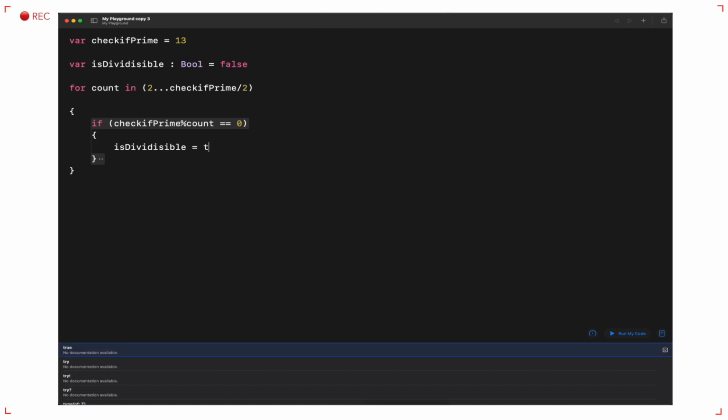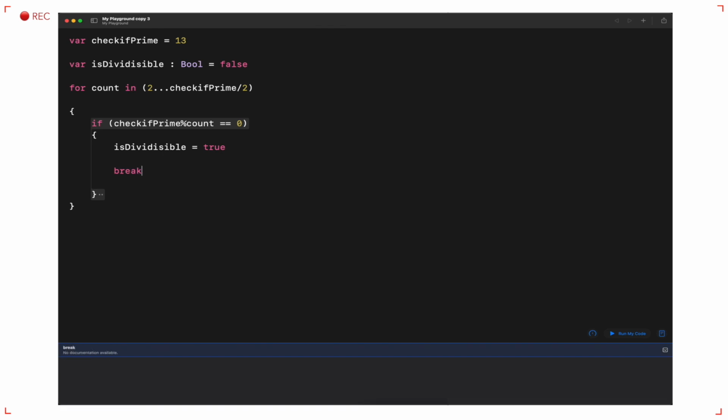And as discussed, we don't have to check it for everything. Even if it is a single number that it is divisible by, we are going to quit this loop. So this is a very important function here. We basically say break. So that's a pretty crucial one. And then we move from here